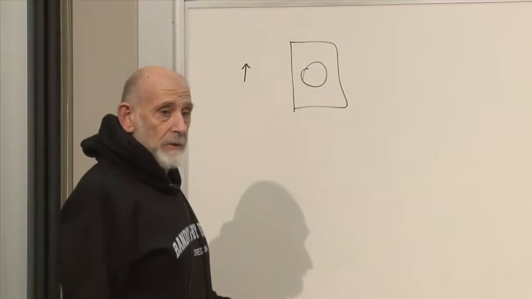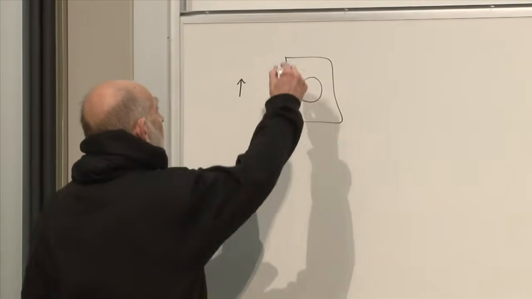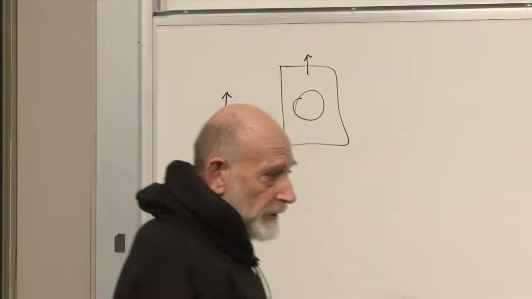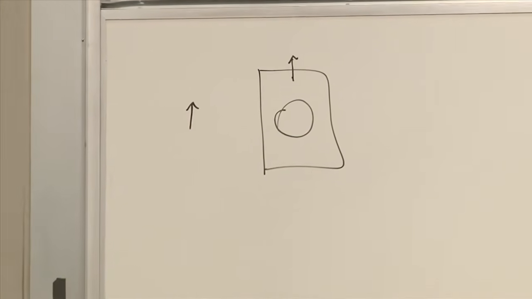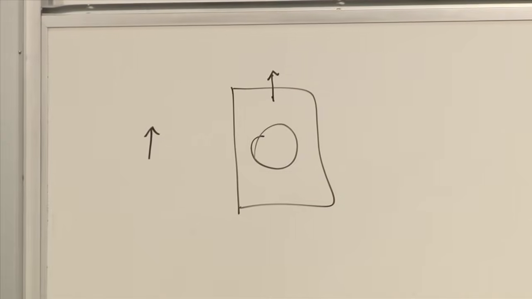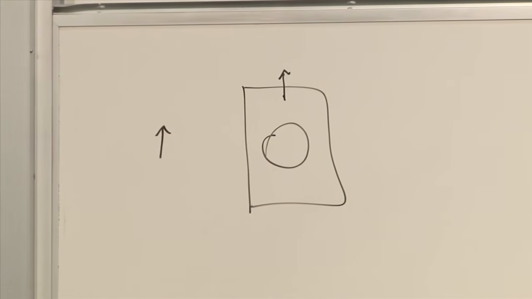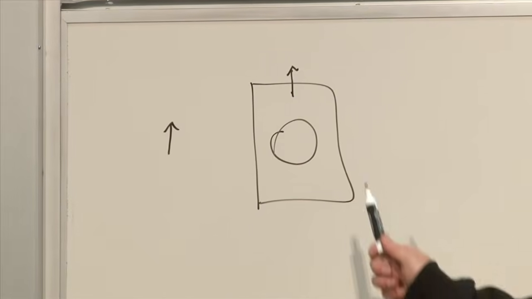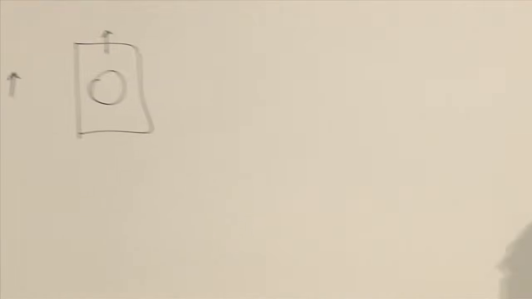A number appears in the window, tells you the result of the experiment, and it also happens to have a direction in it which tells you which side is up, how to orient it. In fact, it might have a whole set of 3 axes that tell you how to orient it. But that's not important. Just the up axis is what's important. And when the apparatus is pointing up,